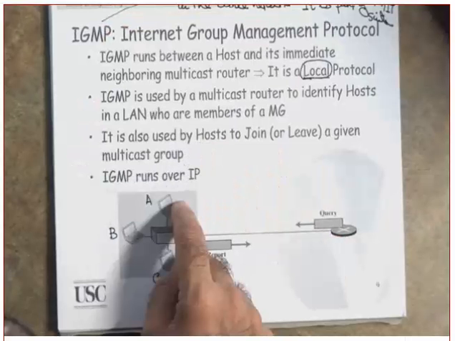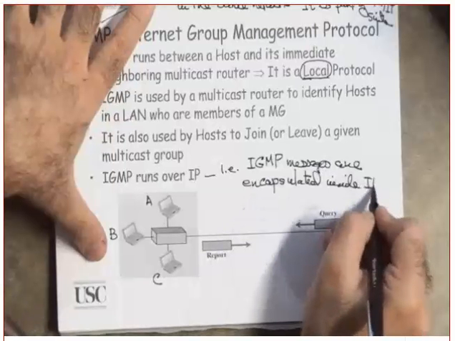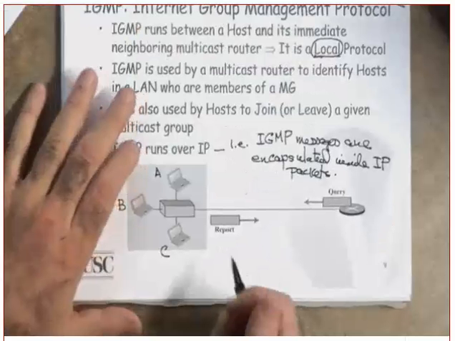When the router sends the inquiry, is there anybody interested in joining a multicast group? Every one of them will pick a certain random number. In other words, they will not answer immediately. A random number, and then what? Look at the timer as it expires. By the time it expires, if any one of them sees a report from any one of the other hosts, they will not send their report. Why? They see that a report has already been sent saying that we are interested in joining this multicast group.